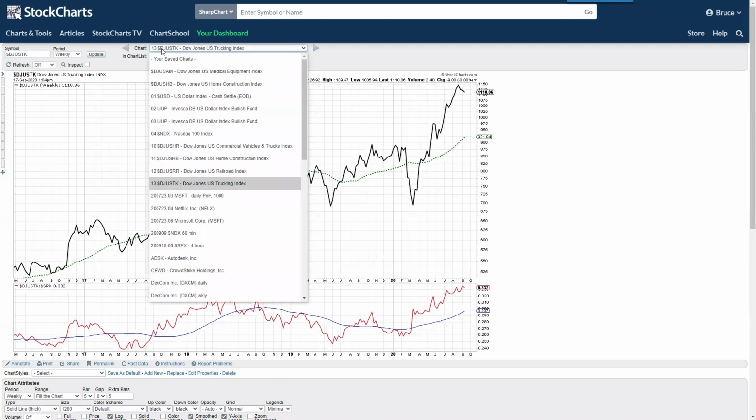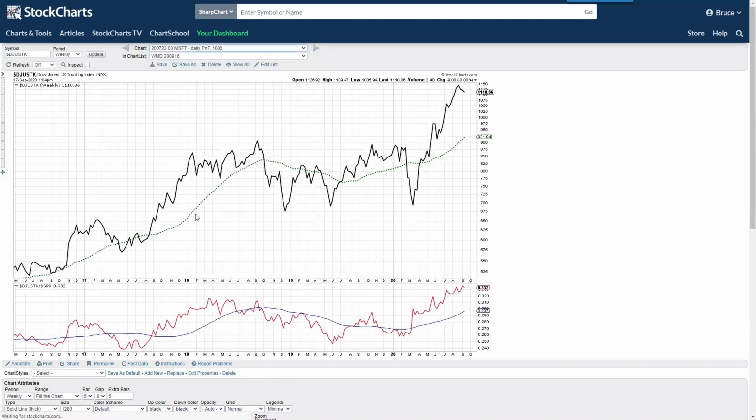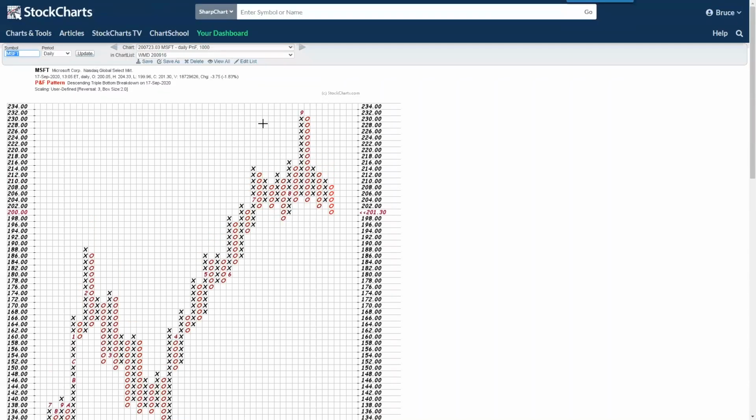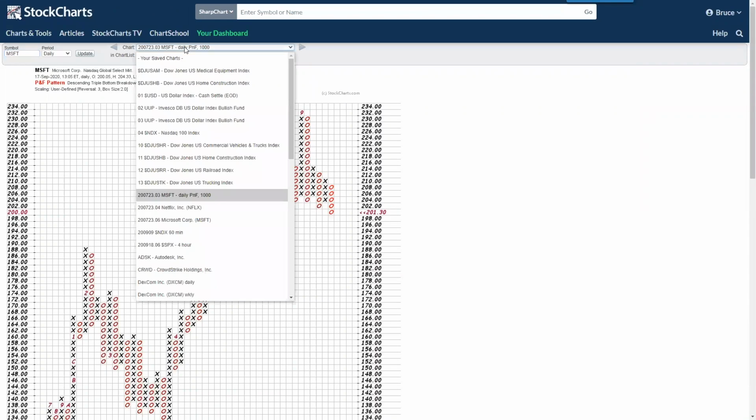Okay, so let's now turn our attention to Microsoft, and look at this large distribution type structure that has occurred. Here's accumulation, which goes right up to around the 204 level. But now we have this very large distribution that's taking place. Well, let's have a look at the